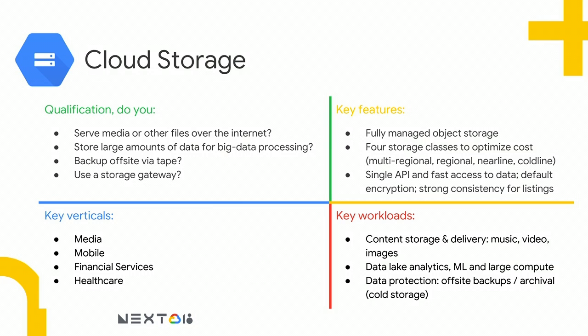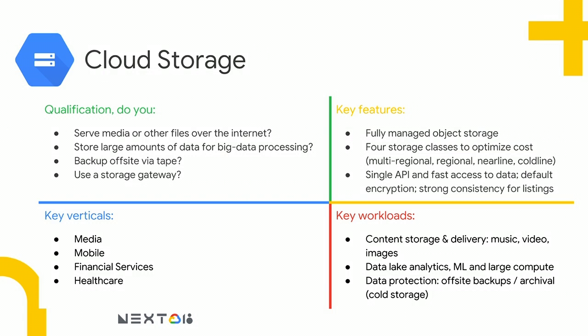And one thing that's very unique about this product is we give you a single API across all those different storage classes. Once you put an object into Google Cloud Storage and you get an object ID, behind the scenes you can change the storage class. You can put it in our coldest class of storage, coldline. The object ID doesn't change. And more importantly, if you ever need to access that data, your performance in terms of accessing it doesn't change either. So you basically get instant access to your cold archive data, which is very unique in the industry